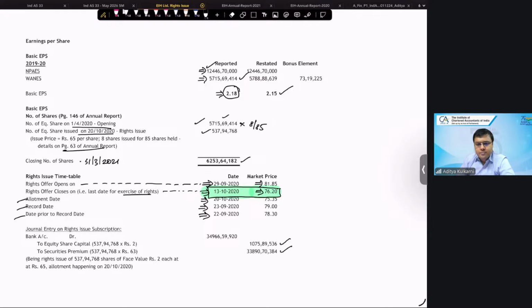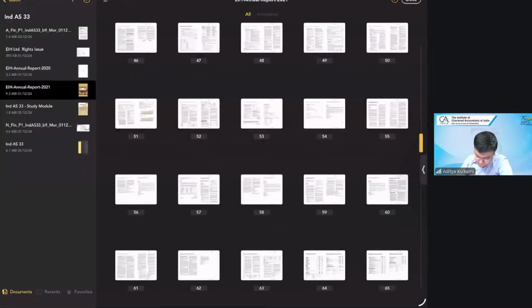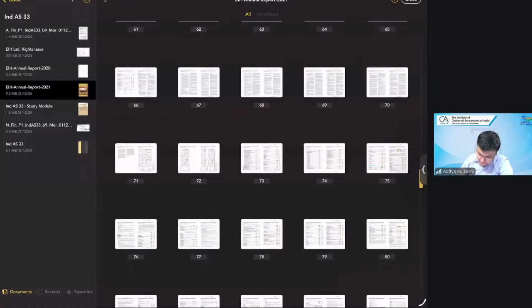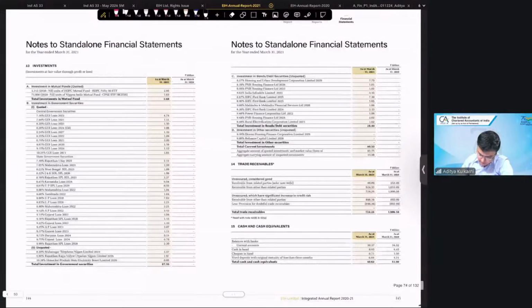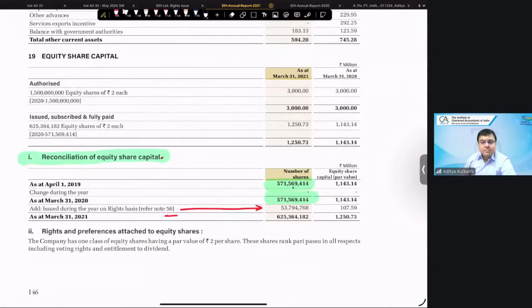Are you able to follow? Yes, sir. If I look at the 31st March financials in the equity column, here you can see 571, 569, 414 plus rights issue. So your total number of shares after rights issue is 62 crores 53 lakh 64,182, which is exactly what we